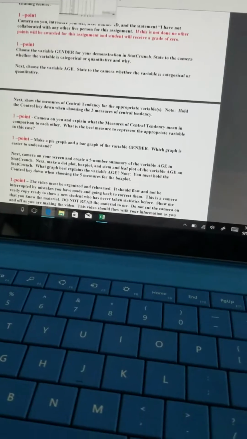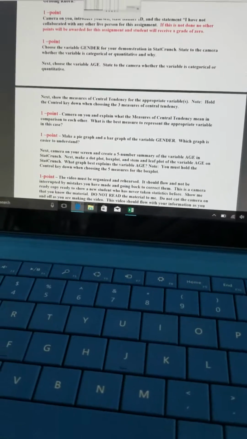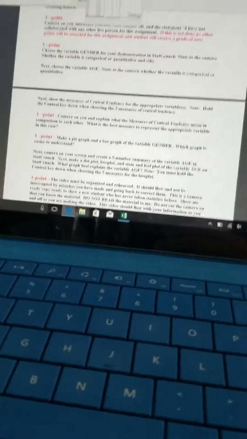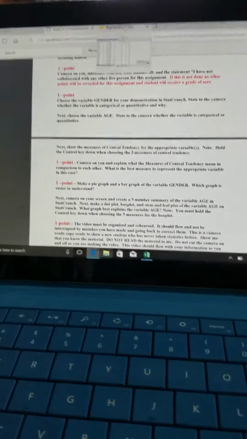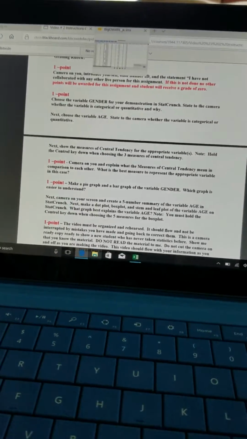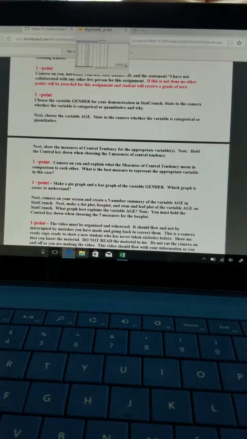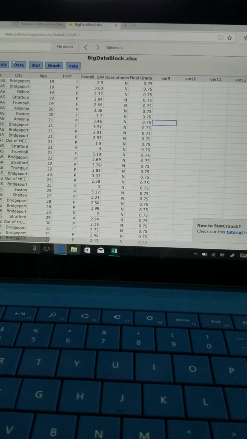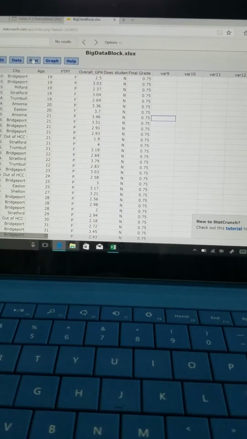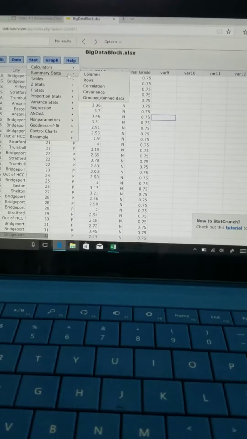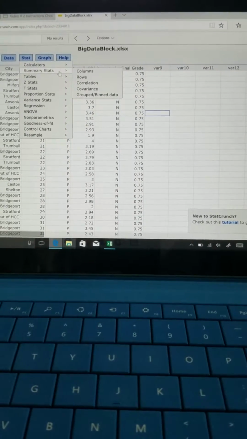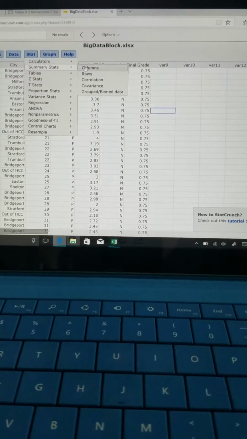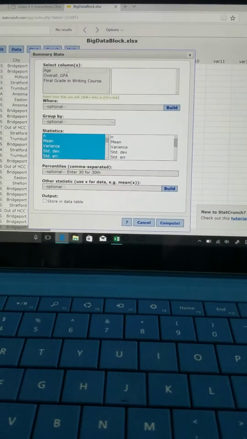So from there we can talk about the three measures of central tendency. Those three measures are mean, median, and mode. So first we're going to find the mean, median, and mode of our age data. So to do that, we're going to go to Stat, Summary Stats, Columns, and we're going to click,